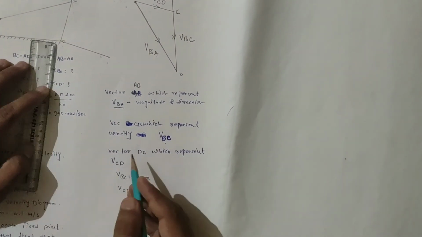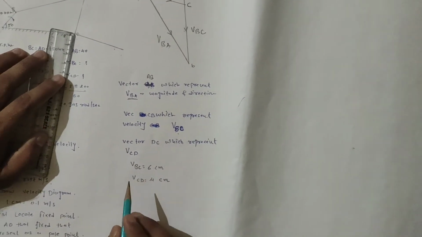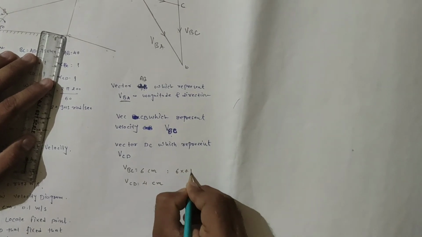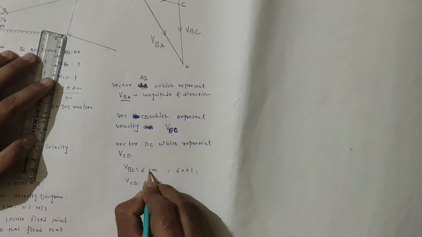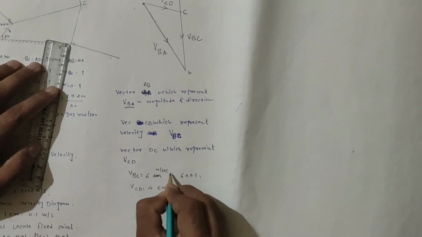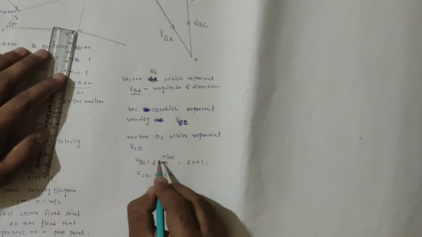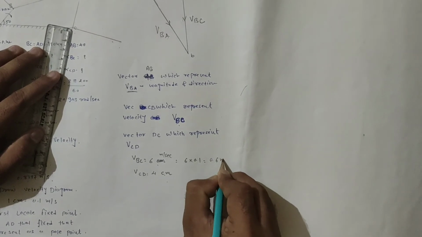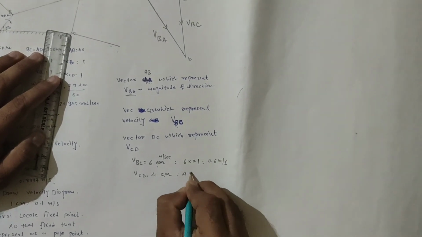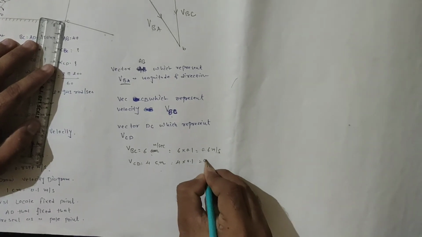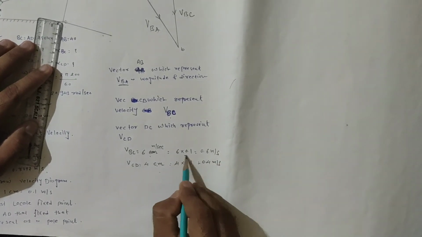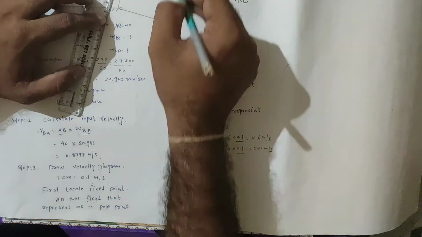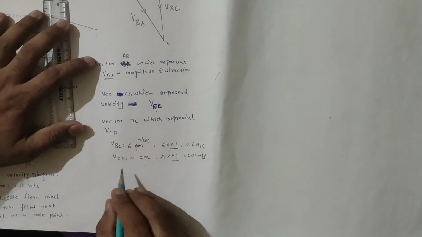Clear? So as per the data, the velocity may be represented by 1 centimeter is equal to 0.1. So it is 6 into 0.1, this is for meter per second, but since this is the length or magnitude, we write cm over it. So 6 into 0.1 meter per second, that is 0.6 meter per second. And 4 into 0.1, it means 0.4 meter per second. So this is the point we have to consider: 1 centimeter is equal to 0.1, the scale we use to represent the velocity diagram. Okay, this is the one point.